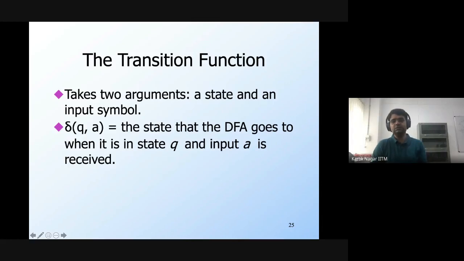Okay. So think about this functioning of the DFA. Let's say you're given a DFA, and you're given a set of states, and you begin from the start state. And you see some symbol from the input alphabet. Then you're going to use this transition function in order to move to the next state of the DFA. And then you're going to keep on doing that for the subsequent symbols that you see.